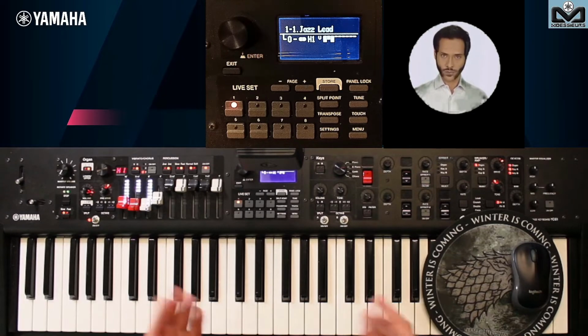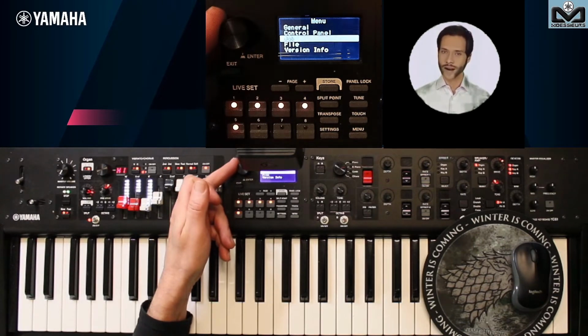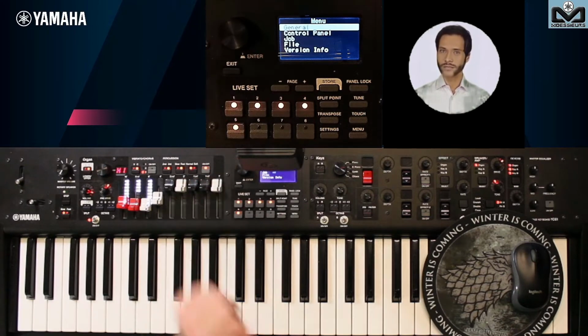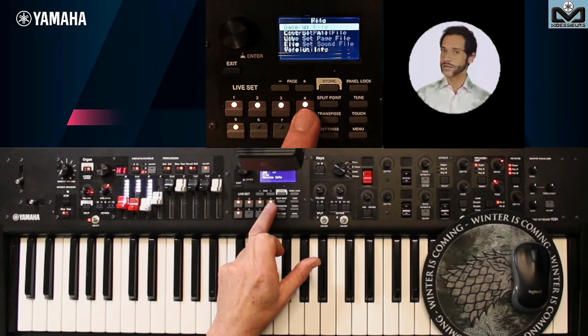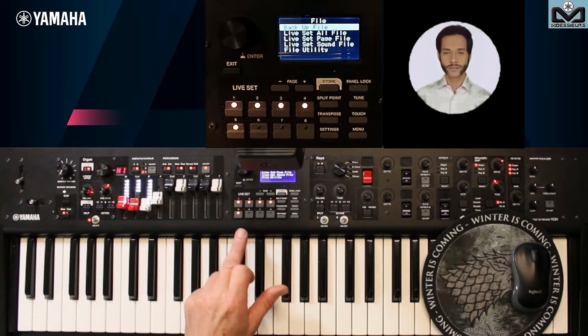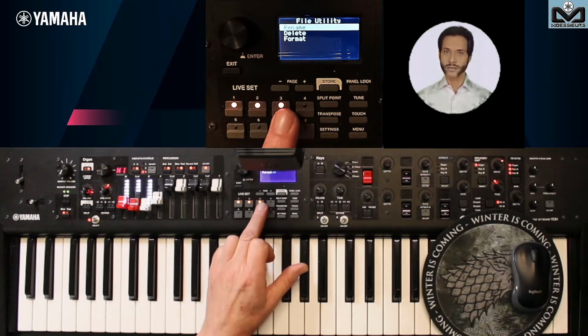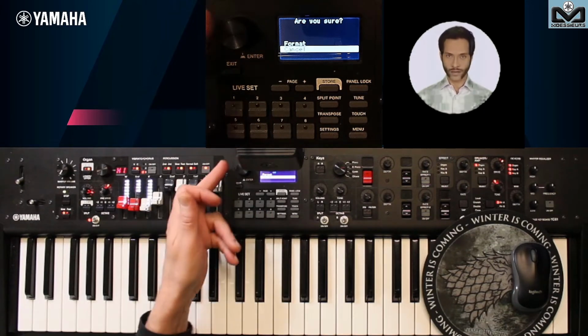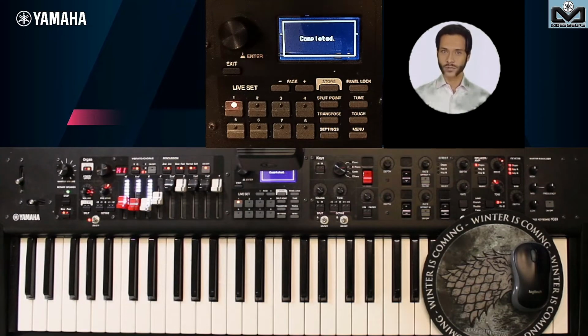It's very easy to do, Grace. We'll go to menu, then to file. I remind you we can navigate with the encoder like this, or you can navigate with your YC buttons. File is the fourth line. I press 4, file utility is on line 5, and there are rename, delete and format. Format is 3, but here I need my little encoder to switch to format. Are you sure? Yes, of course. And that's it, it's very fast. Our key is formatted to receive the YC operating system.